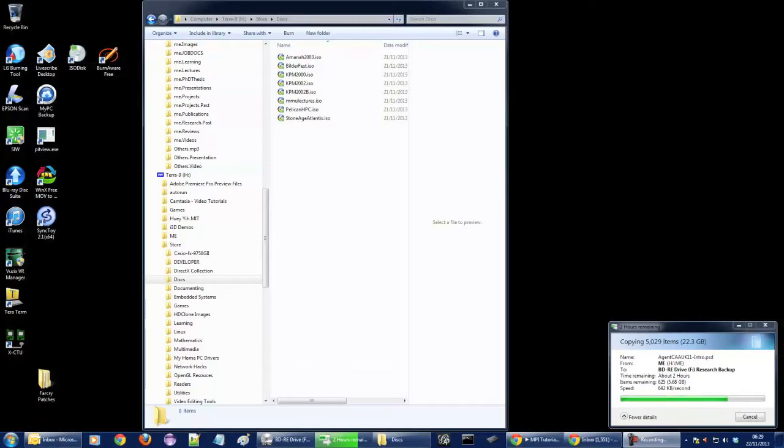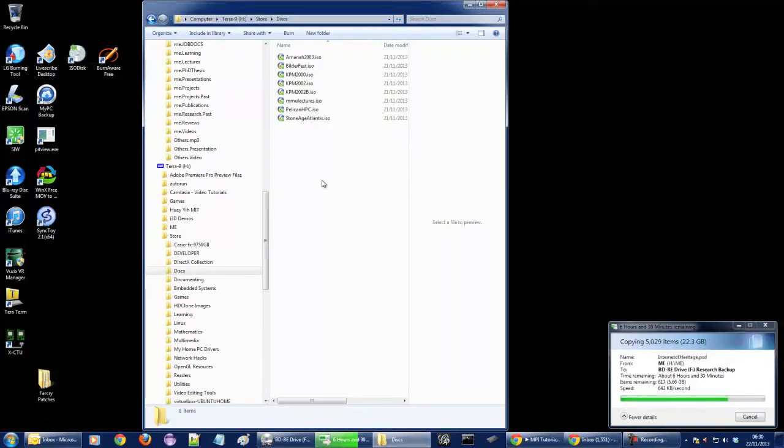One of the problems with packing is that I've got tons of papers collected, from scribbles and notes and photocopies throughout the years, and also a stack of CDs, DVDs, Blu-rays, which I need to bring with me. Now, one of the problems with taking them is that they are heavy, but they also take up a lot of space in the luggage. So one of the ways which I compress them is to digitize them. So I've converted many of my CDs, there are more elsewhere, into a format where you can later reburn